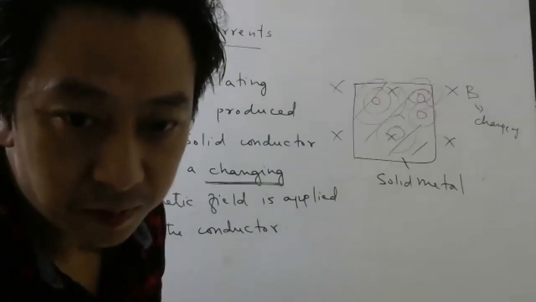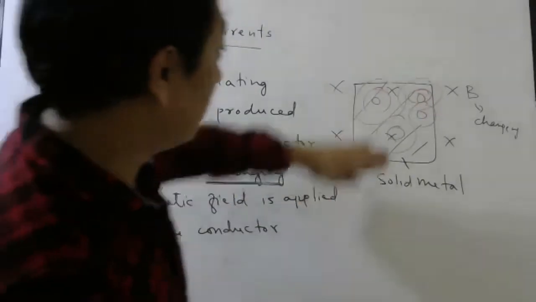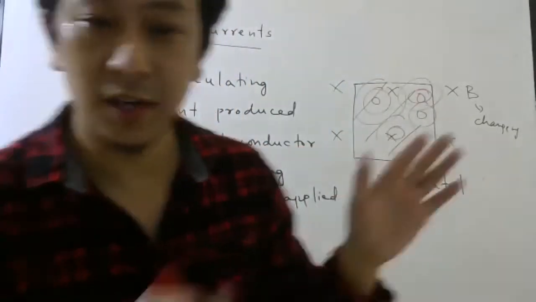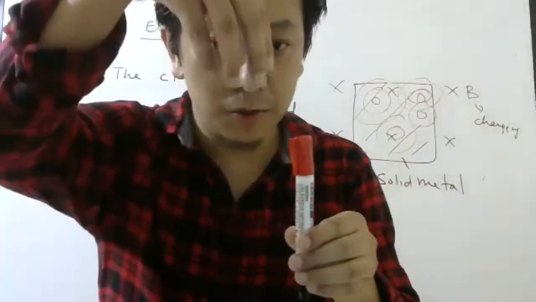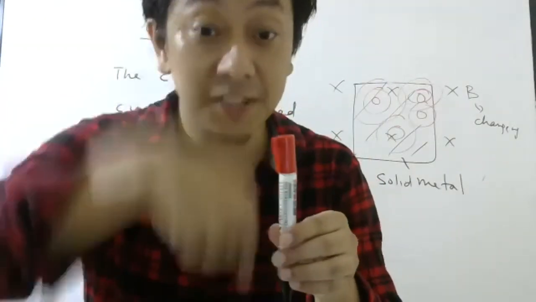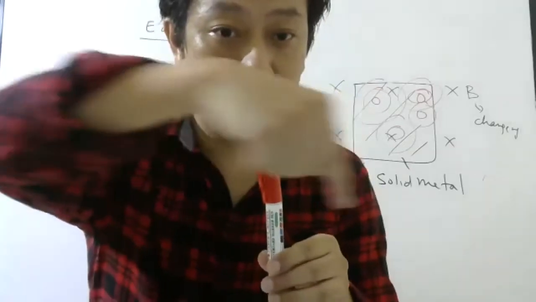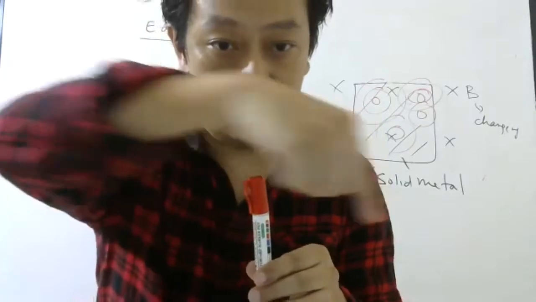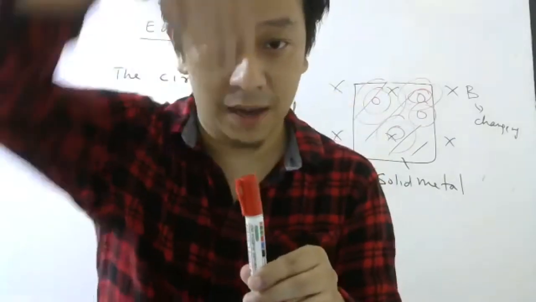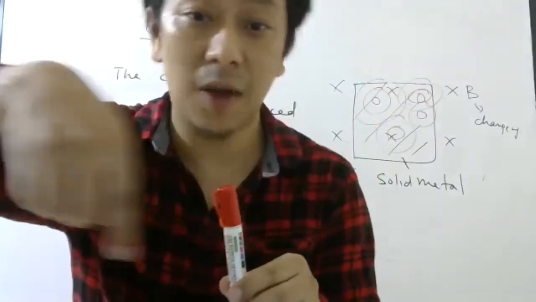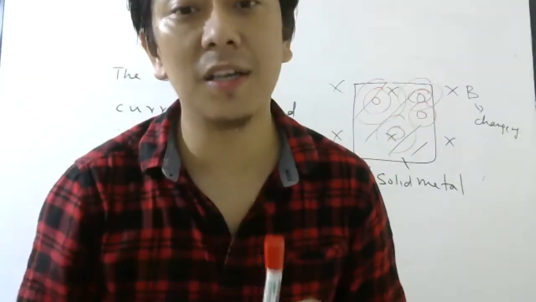Solid metric. Sir, can you please explain again through that solid metric? So if you have a solid conductor, forget about solid conductor, Prakriti, once. Imagine you have a magnetic field like this. And if the magnetic field is changing, then if I put a wire here, what happened? I told you, if you put a wire here and the magnetic field is changing, then there will be current induced in the wire. But why is there current induced?